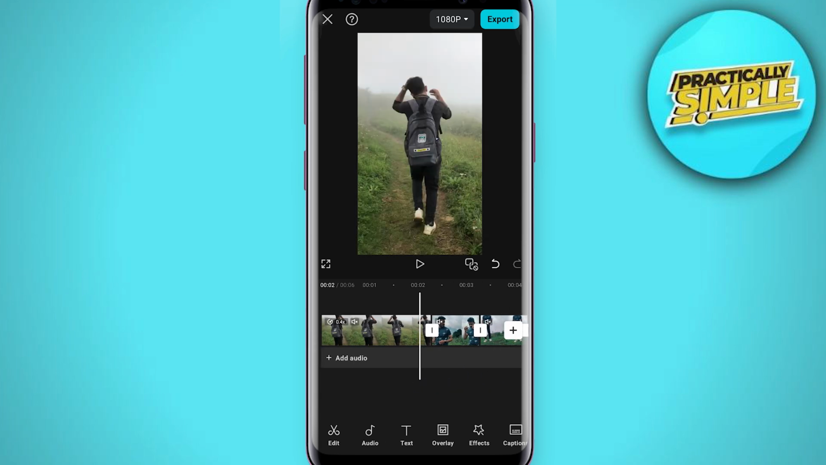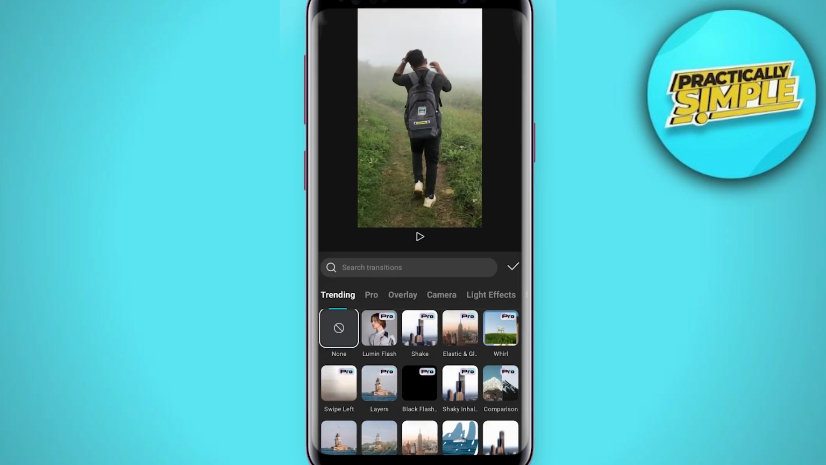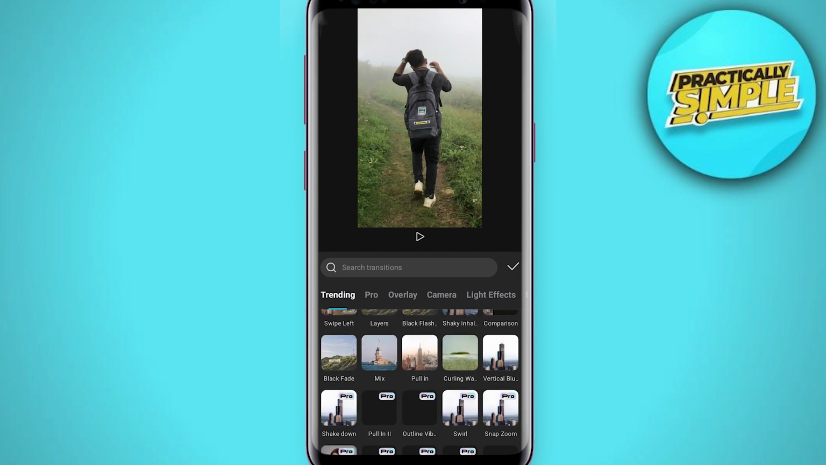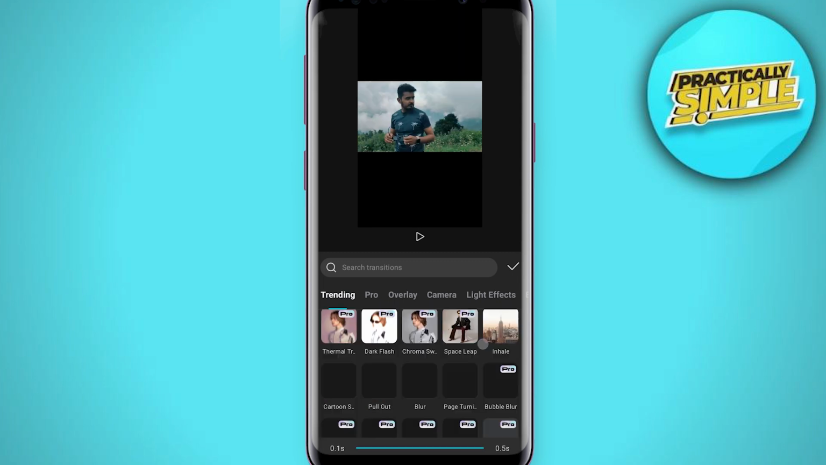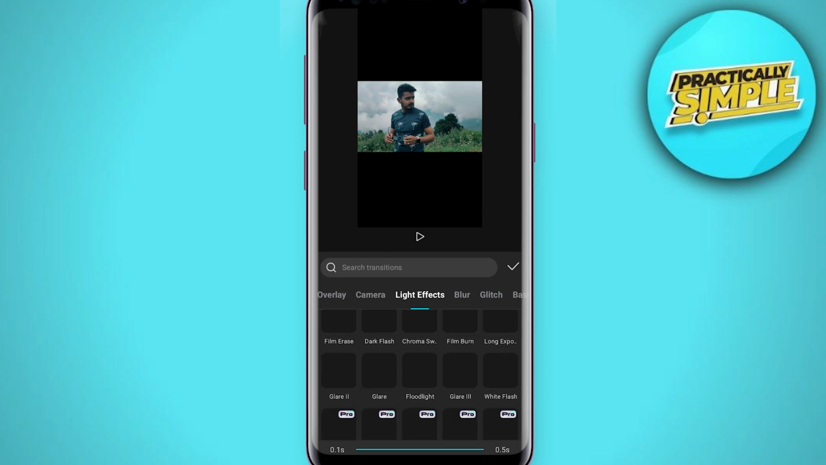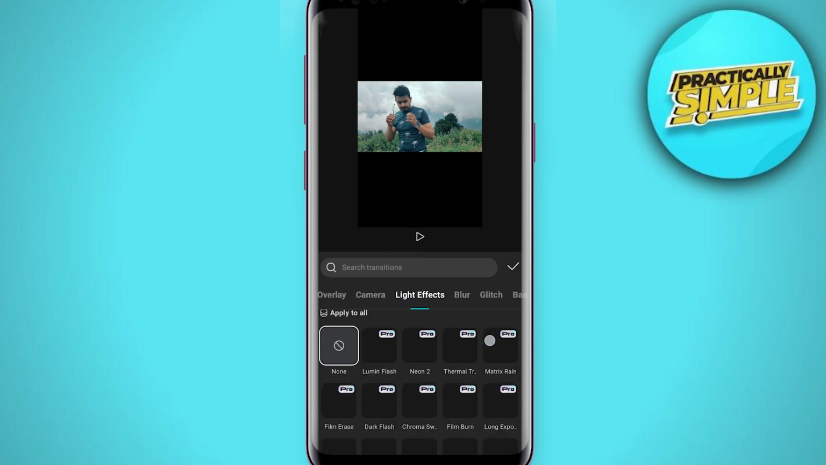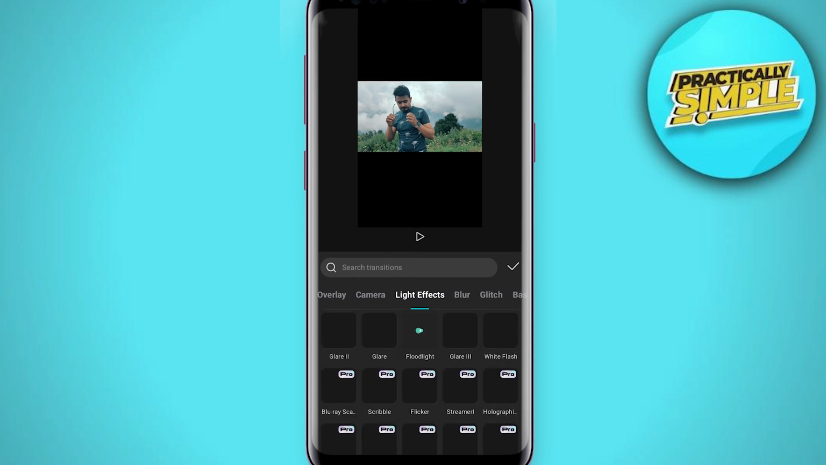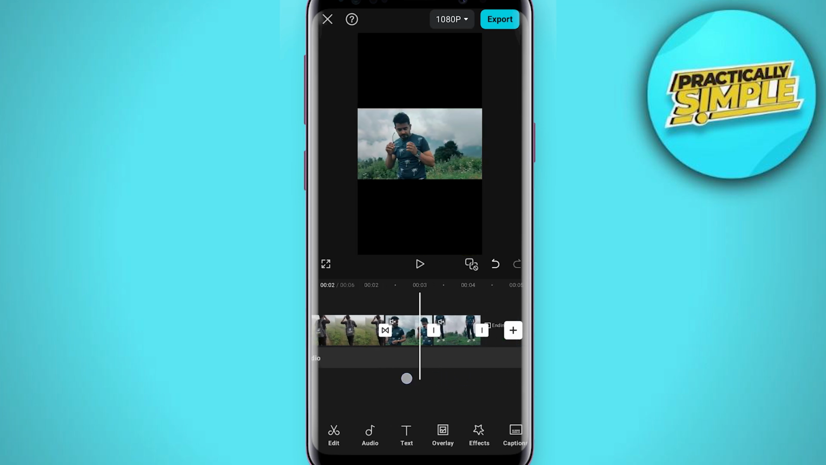And in between, you can see a white square with a line through it. What you need to do is click on that, and then we can go and choose the transitions. So these with the tag of Pro, that means these are all Pro. We can't use them in the free version, so these are the free ones. You can choose from overlay, camera, light effect, or anything else, whatever you want. And now let's say for this second one, I'm going to choose this light effect, and then I'm going to choose this floodlight. And now if you play the video, that's how you can add as many transitions as you want